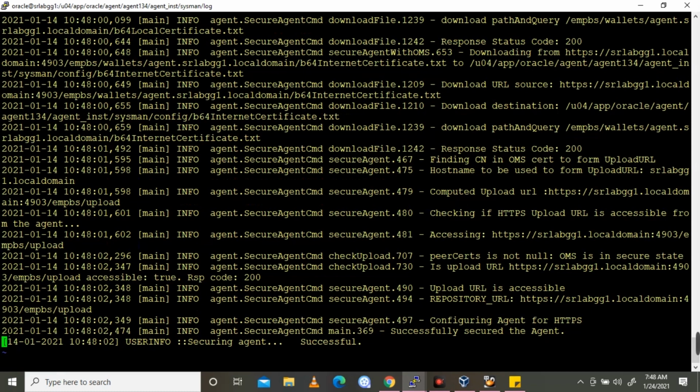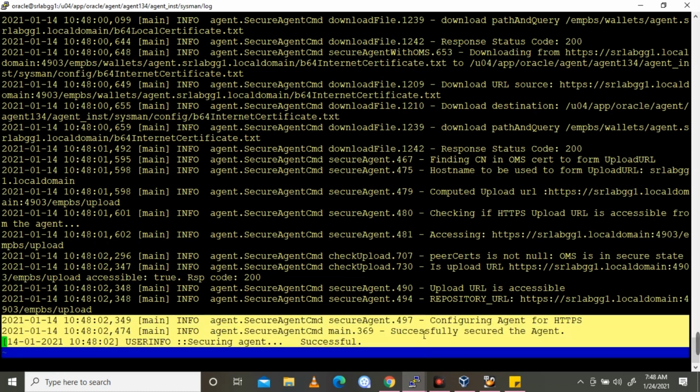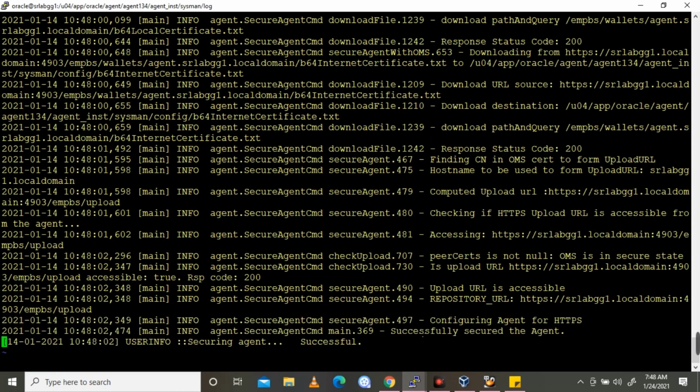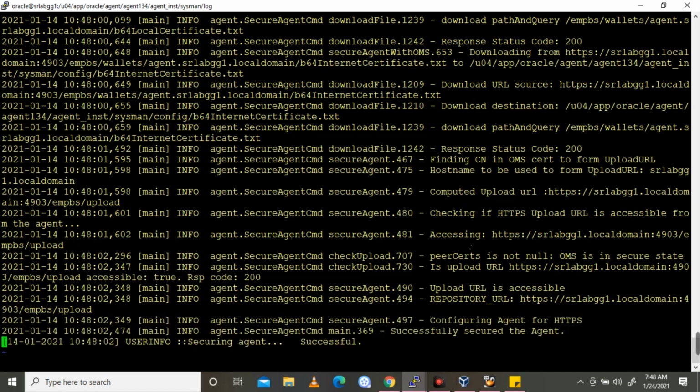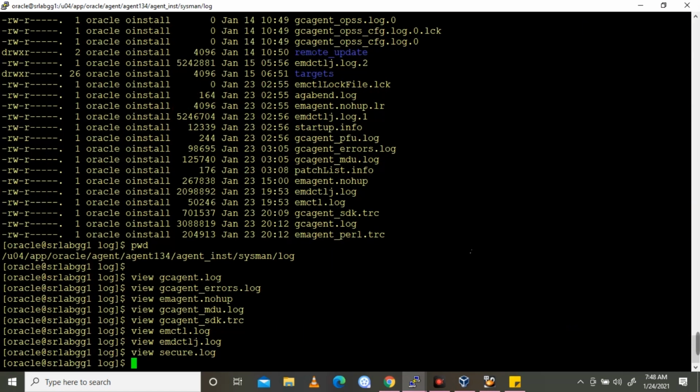Last time it went successful. When we execute the emctl secure agent command, this information will be captured in this log.